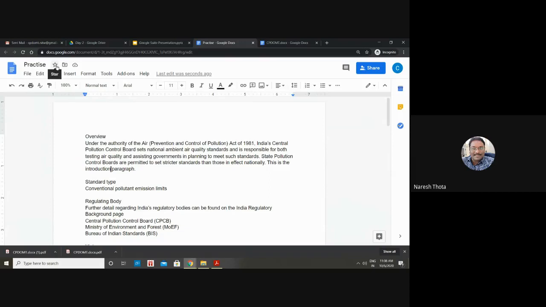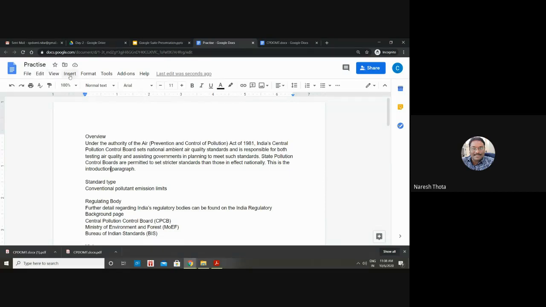What it means is, when you search starred documents or important documents, this will be highlighted. Because when you start working on Google Drive, it will have multiple subfolders where you'll have a few hundred documents over the years, and sometimes you might get lost about where your document is. So if you think this document is really important, you can just click this star.